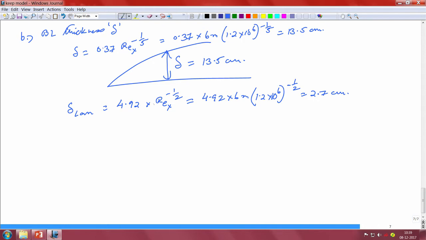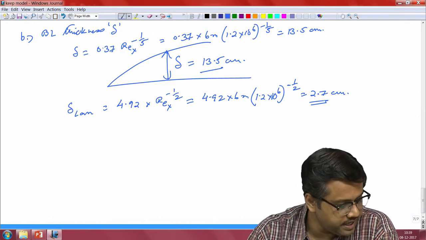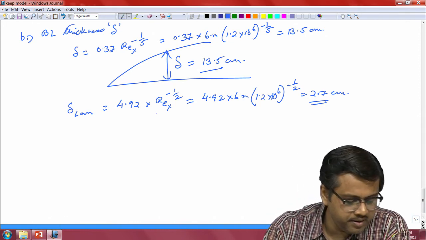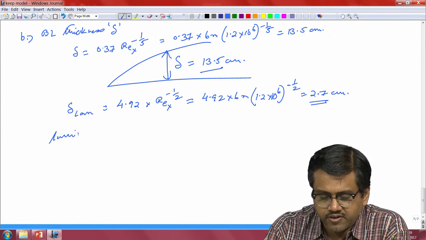It is the same number, but it has been raised to the power of half, that is raised to the power of 1/5. So basically the boundary layer thickness blows up, because it is a smaller number in the denominator effectively. So you can compare, one is 13.5, one is 2.7. So that is the extent that the laminar boundary layer is much thinner